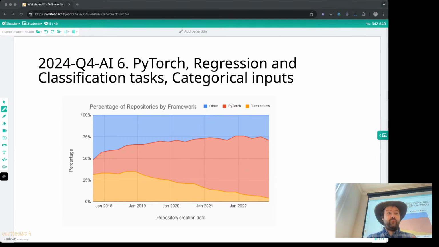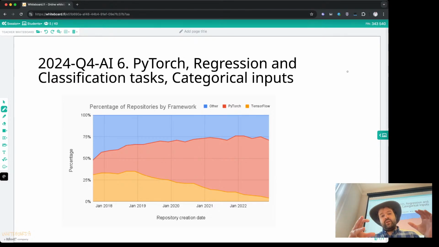So today we will start looking at very interesting details of making these deep learning models. Primarily because this will be the first lecture where we actually start working with the main tool that is being used by all of the AI researchers all around the world right now, which is PyTorch. Historically, if you look at the graphs of the repositories using all sorts of libraries, initially it was that